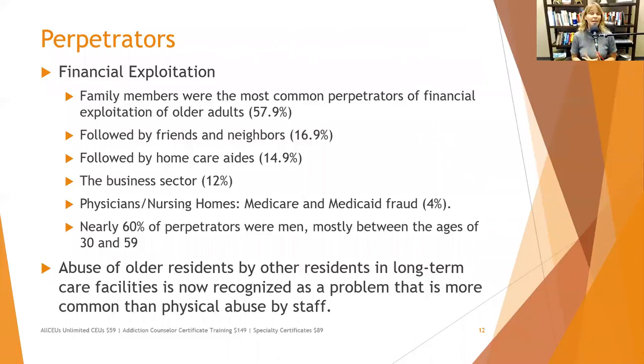sexual, and financial. So paying attention to how residents are treating one another, making sure that residents without dementia are not taking advantage of residents with dementia, making sure they're not stealing each other's medications or trying to exploit them financially, or taking advantage of the fact that the person with dementia is not oriented to person, place, and time.